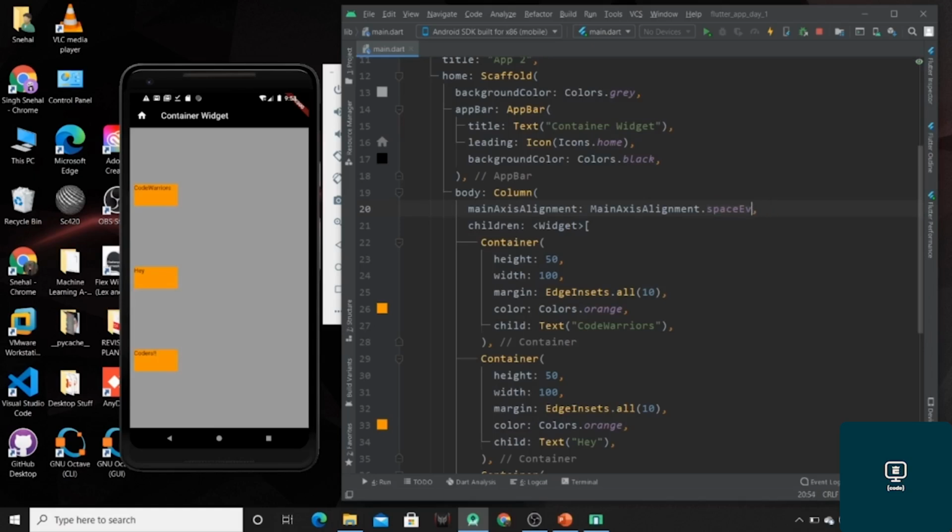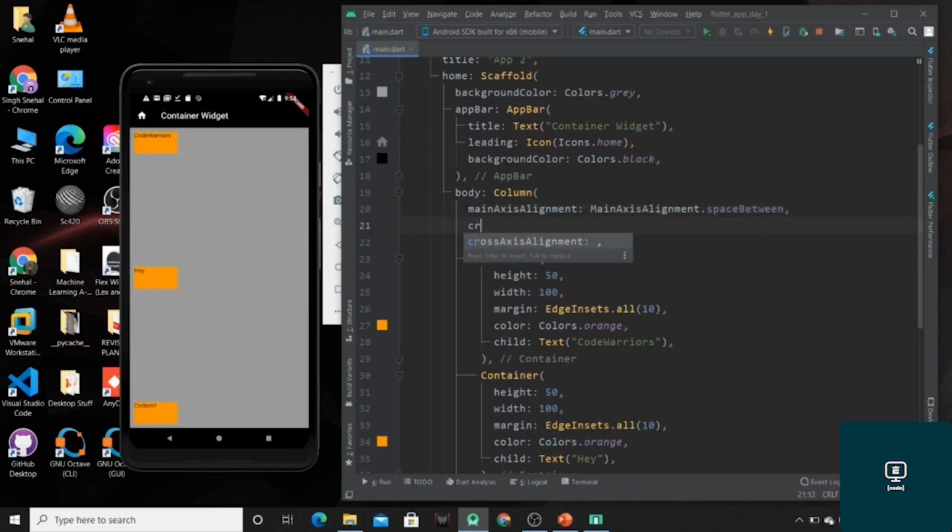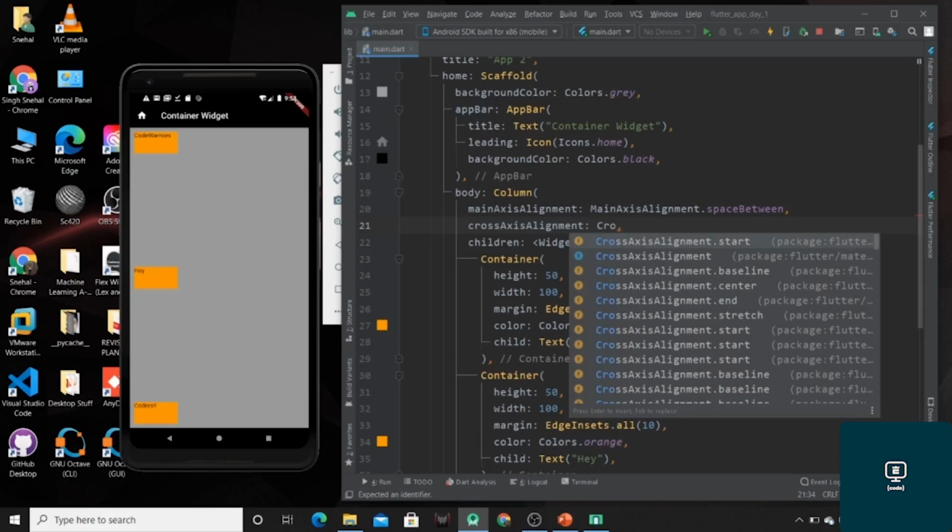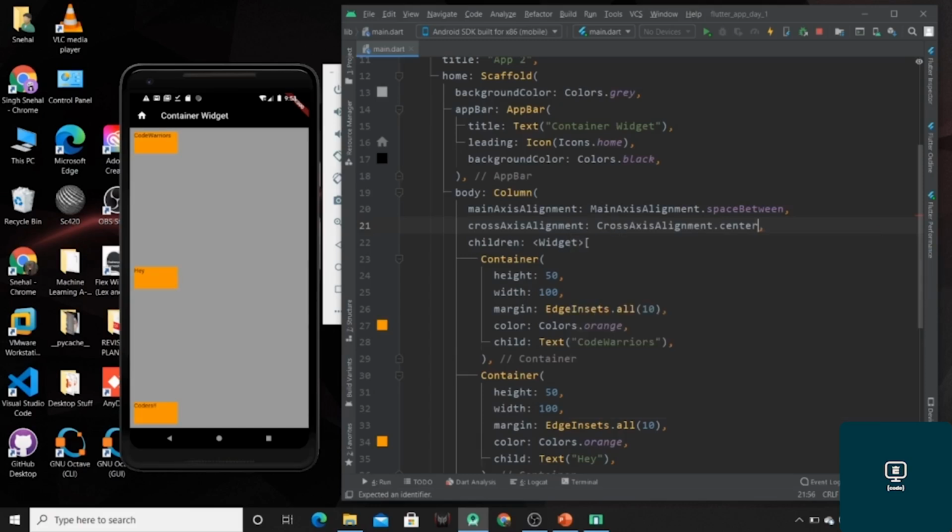Now I can also use space between property and space around property to specify the alignment of the children. Now similarly I can also specify the cross axis alignment property, and I can use it this way.